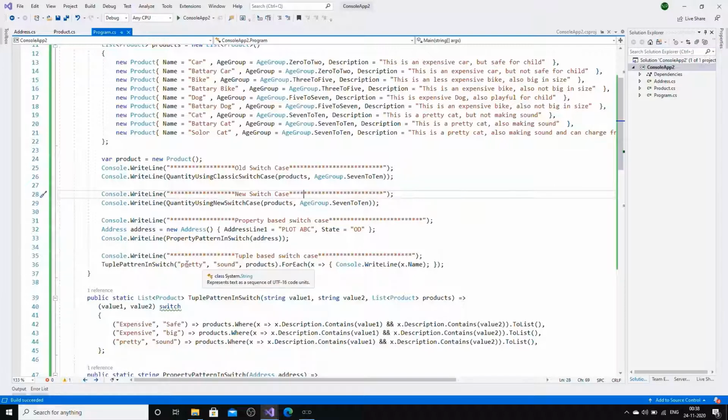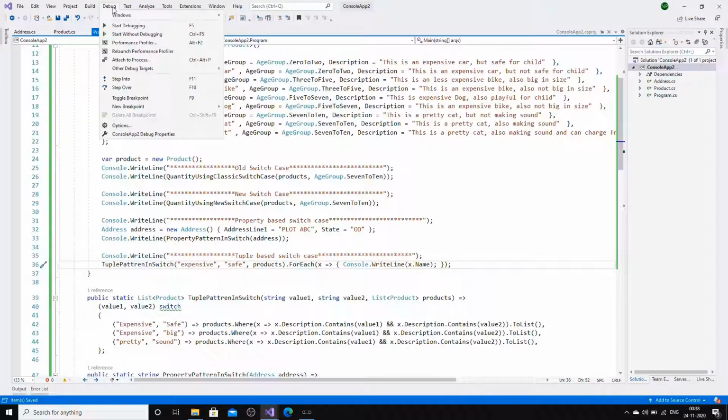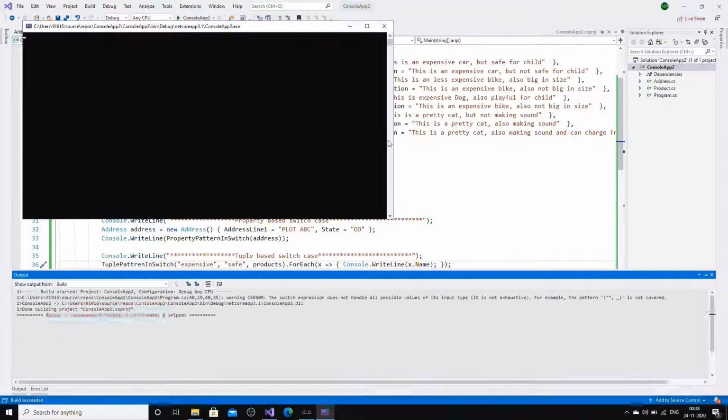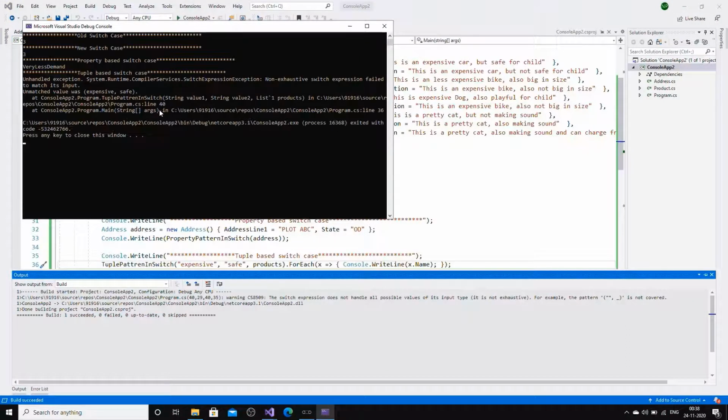Now I will go and change this value to expensive and safe. Let's build the code one more time. So here you can see we have got one error.